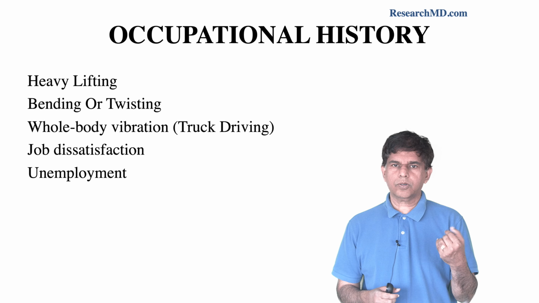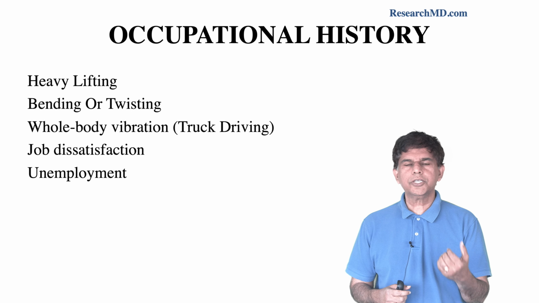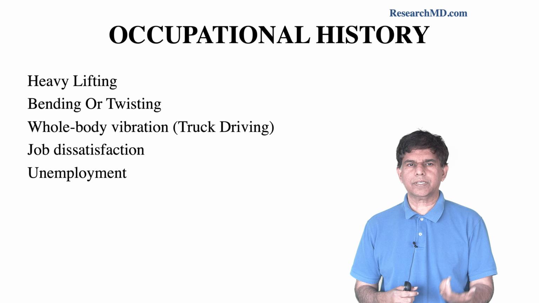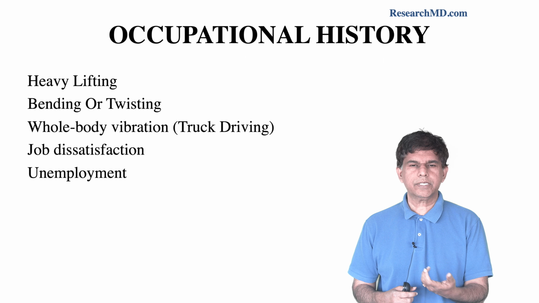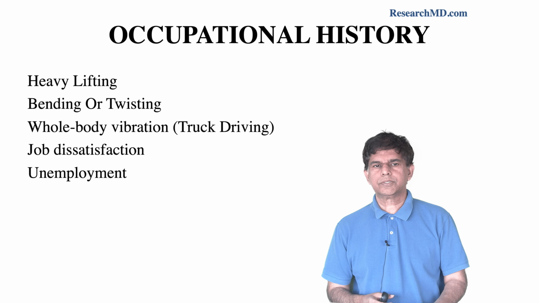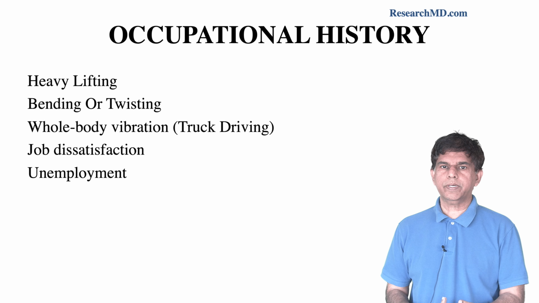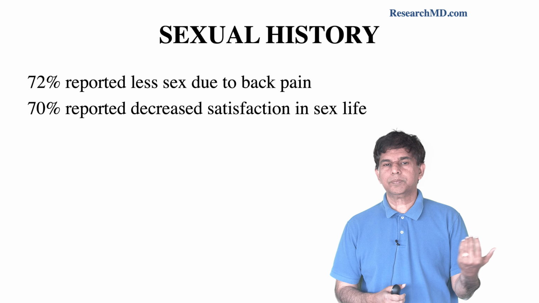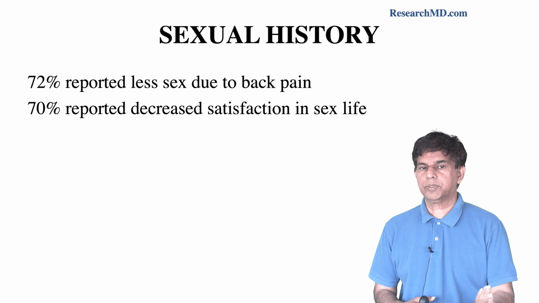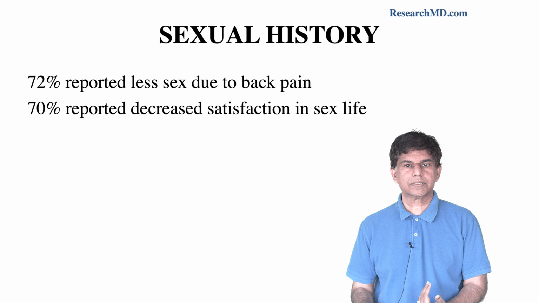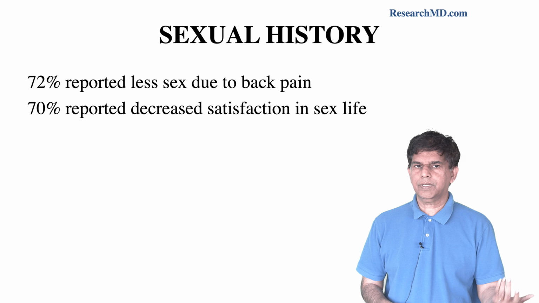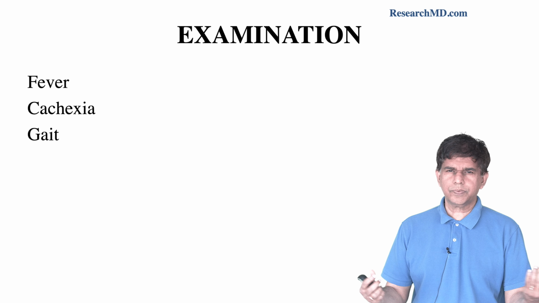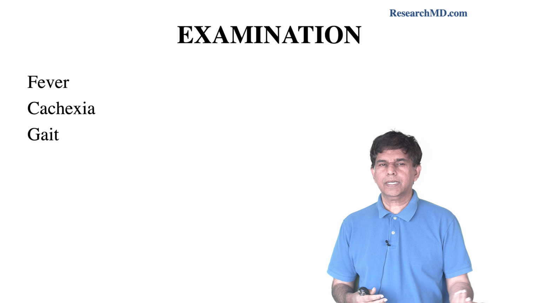We have to take an occupational history. Take your time to get the history: heavy lifting, bending, twisting, whole-body vibrations such as truck driving, job dissatisfaction, unemployment. And the sexual history: there are several reports that 72% report less sex due to back pain, and 70% report decreased satisfaction in their sex life. So when you come to the examination, of the general examination, you look for fever, cachexia, and gait